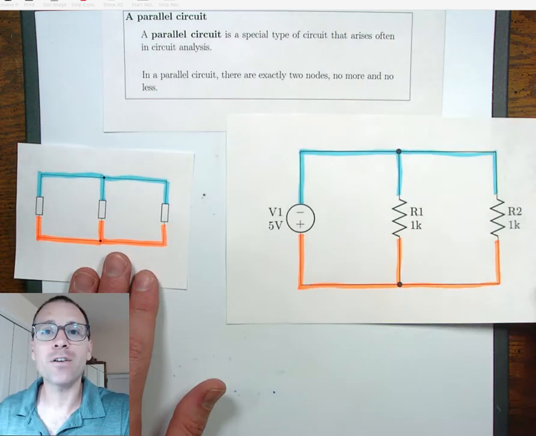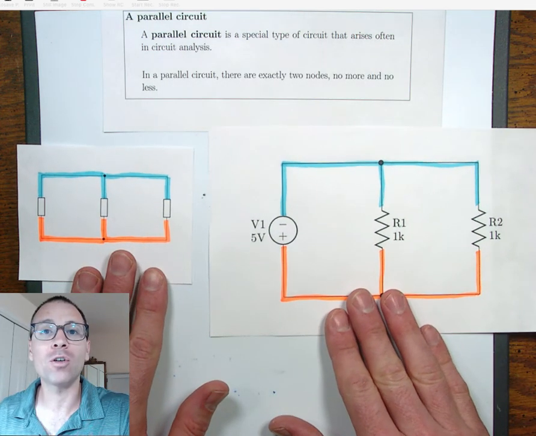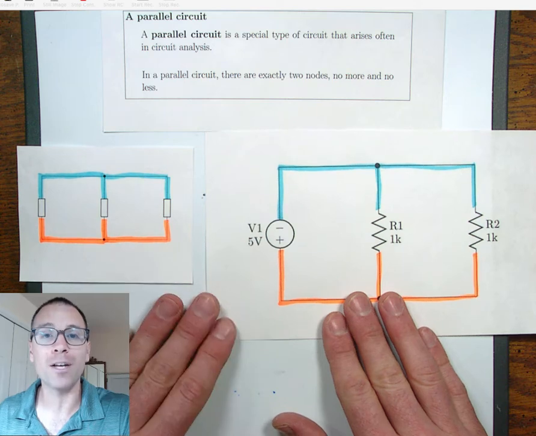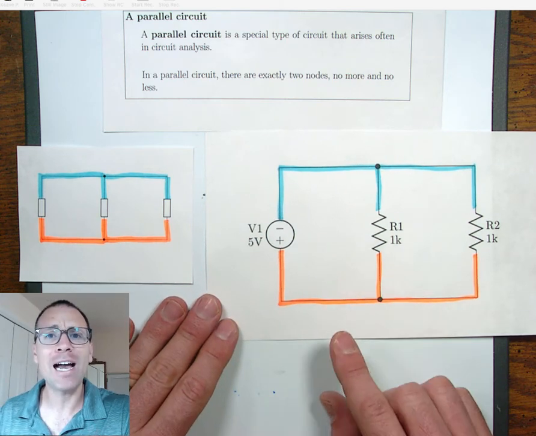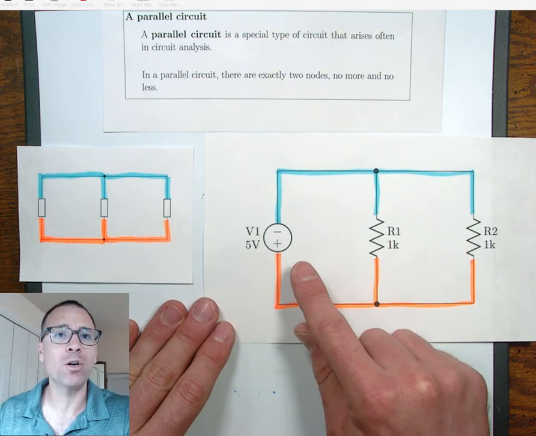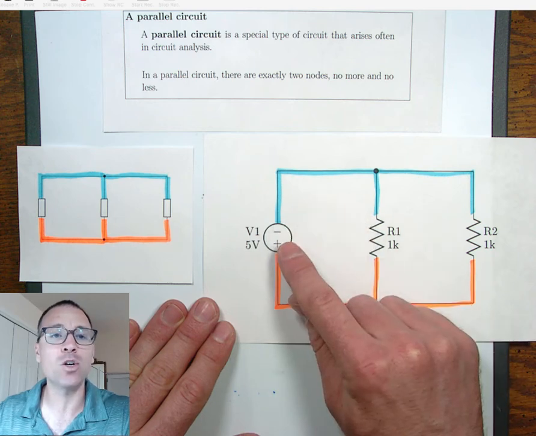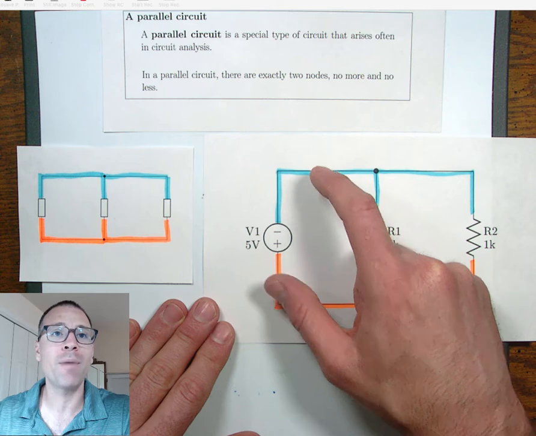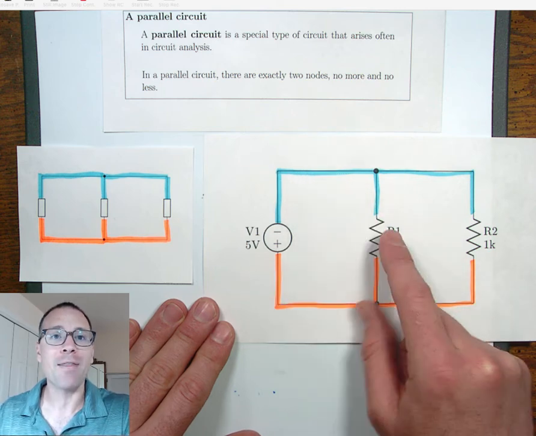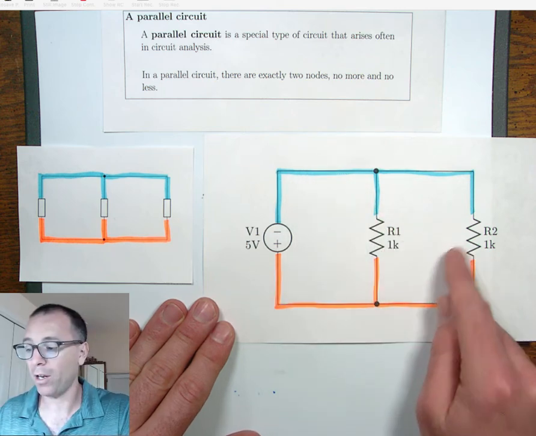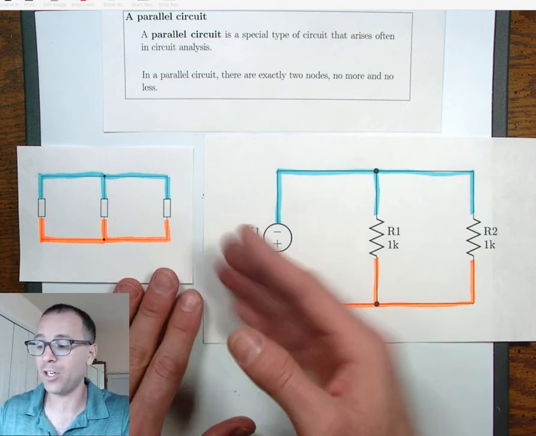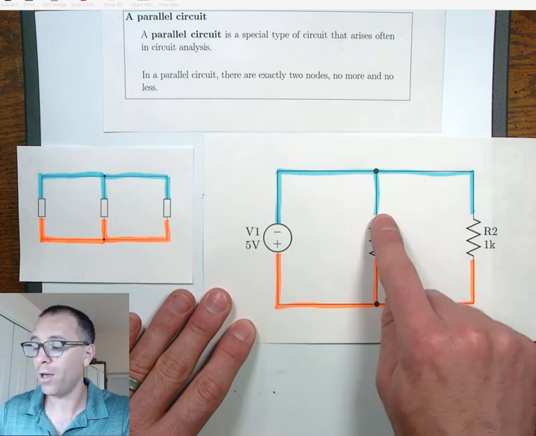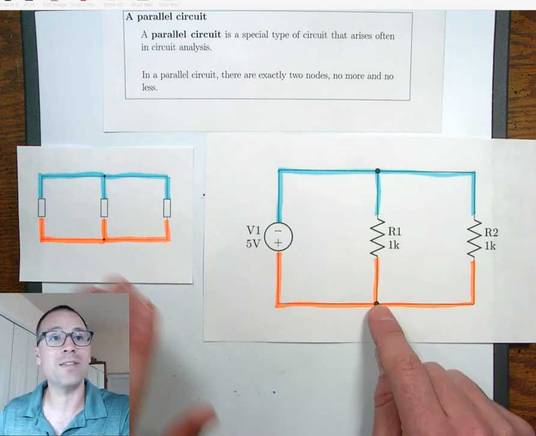Let's take a look at another example of where we've seen parallel circuits arise in our own measurements. In example 5 in our YouTube videos, we actually built this circuit, which had a single DC voltage source connected with the positive lead on the bottom and the negative lead on top. And then we had two resistors in parallel. This indeed follows that definition because there's only two nodes in the same structure.